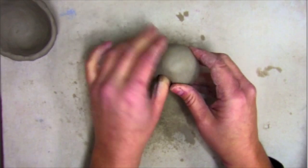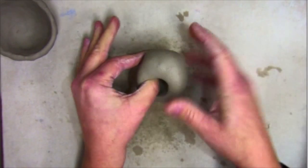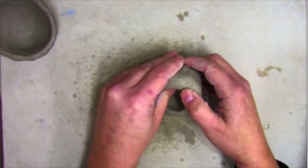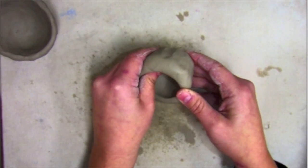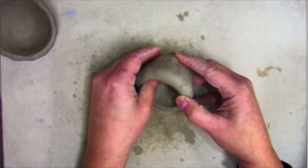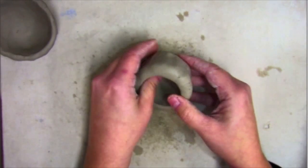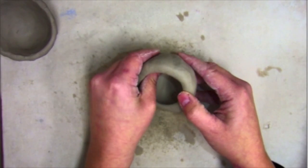And then you're just going to start pushing out between your thumb and your fingers. Notice right here I'm pinching these together and then I'm going around just a little bit at a time. Now this is kind of the difficult part, and you may not get it the first time. If it doesn't work, then you just wad the clay back up and try it again. But notice I'm just turning it and pushing it a little bit at a time. Don't try to push it all at once, because then it doesn't stay in the round format. And then you want to feel if it's too thick down here, maybe you want to push some of that clay out just a little bit more, which I'm going to do. So I'm pushing my thumb with my fingers together to push that clay outwards